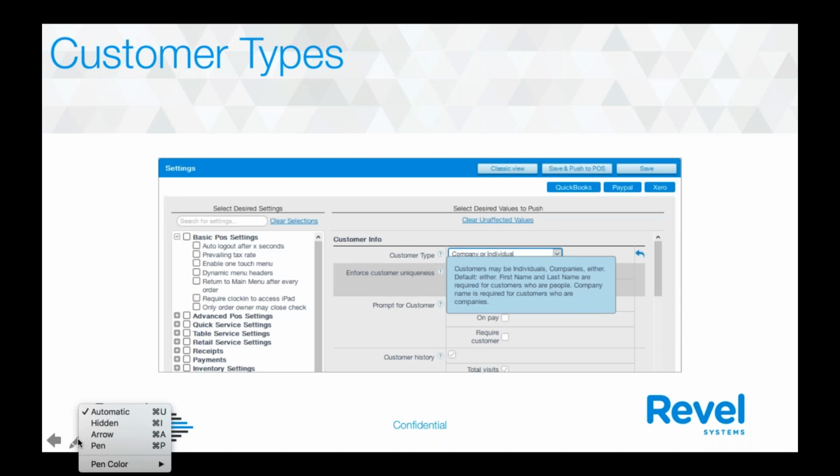One other thing that was added that can help define who your customers are and who is redeeming rewards is adding in a customer type. So if you have multiple people from a company or a company entity that you want to add to your customer list, and you want the company itself to be accruing points and redeeming rewards,